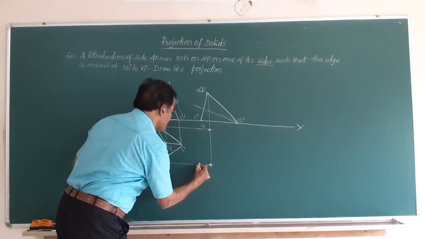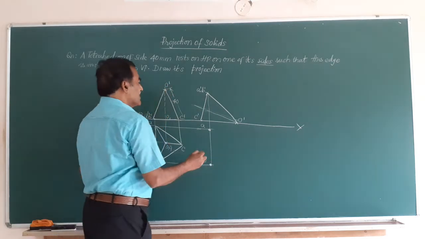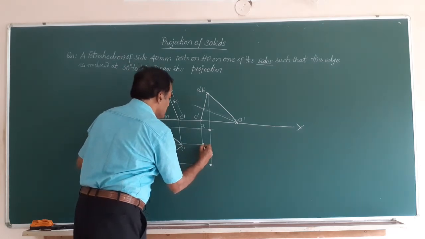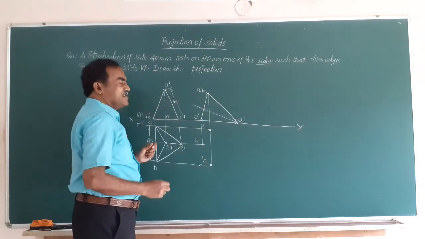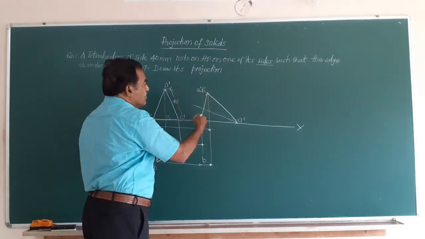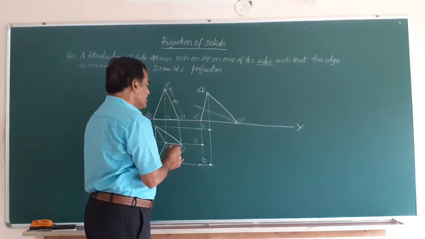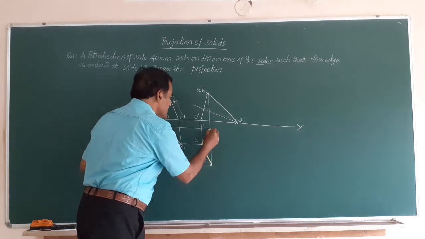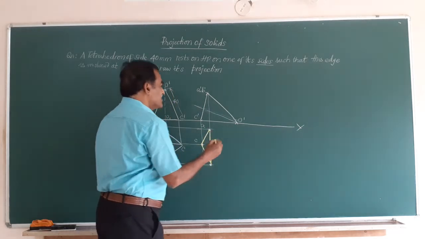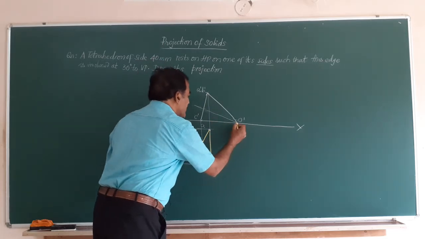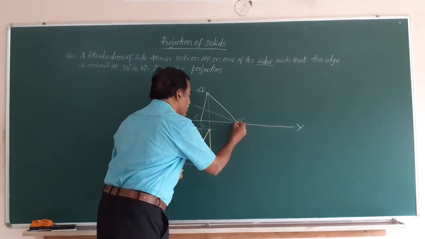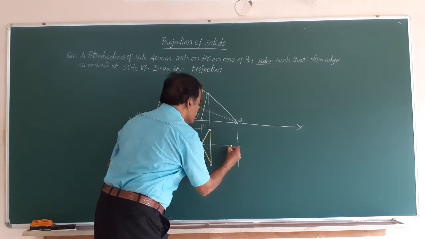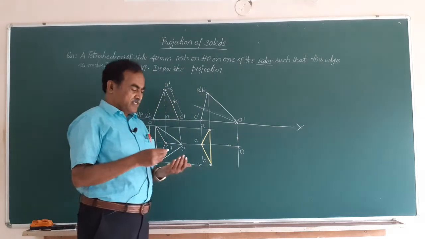The point of intersection of these two will give you B. Similarly, you have to obtain C. So, draw a vertical line from C, a horizontal line from here. So, this point is going to be the point C. And friends, this represents one of the triangular faces of the solid. So, let me join all these by straight lines. So, I join A to C, B to C and A to B. And friends, here O is the highest point of that. So, draw a vertical line from O, a horizontal line from here. The point of intersection of these two lines will give you the O of the object.